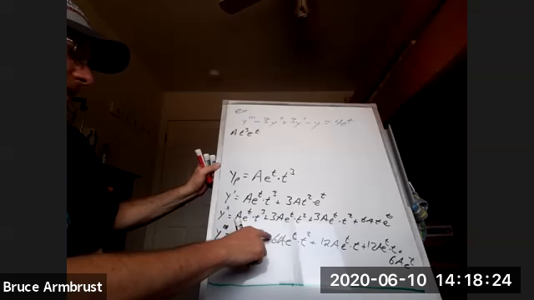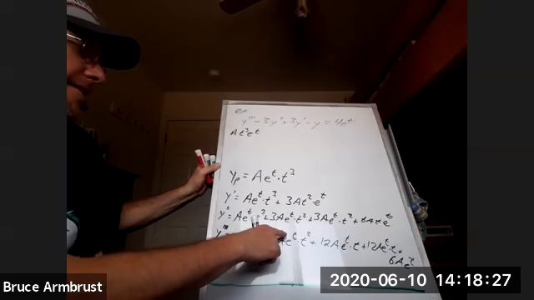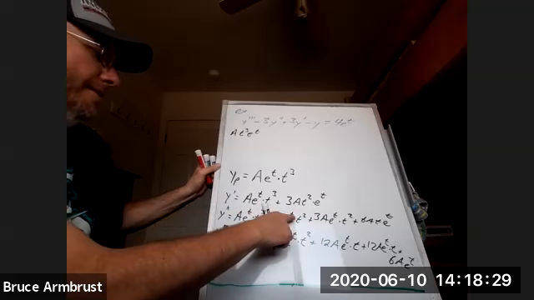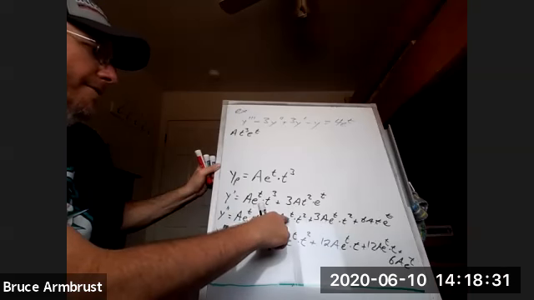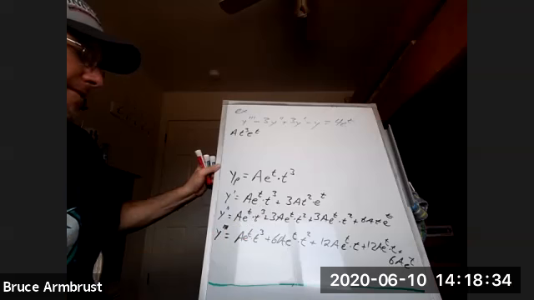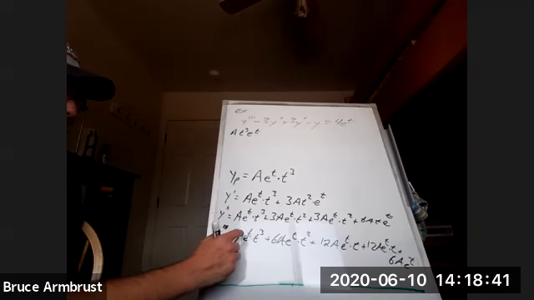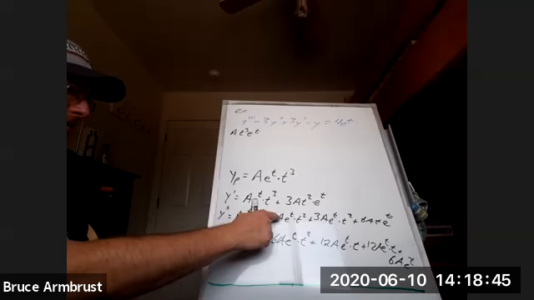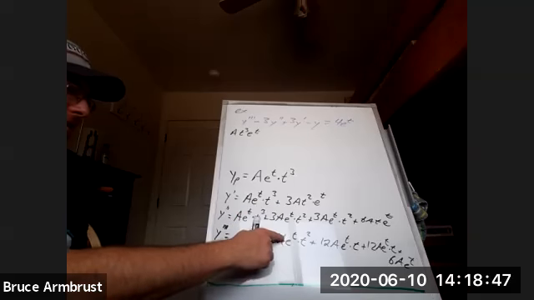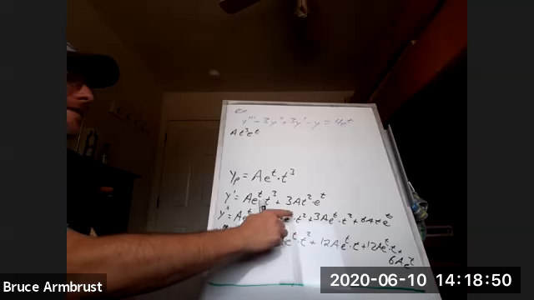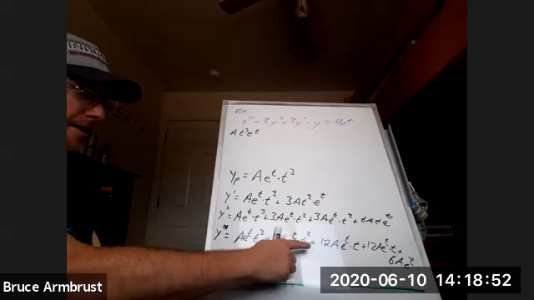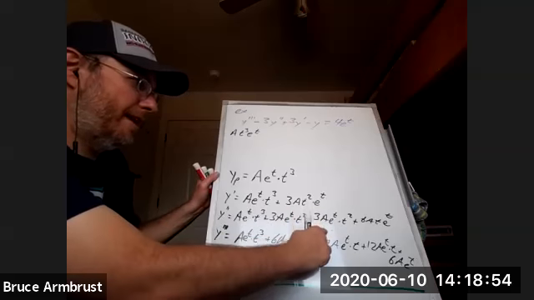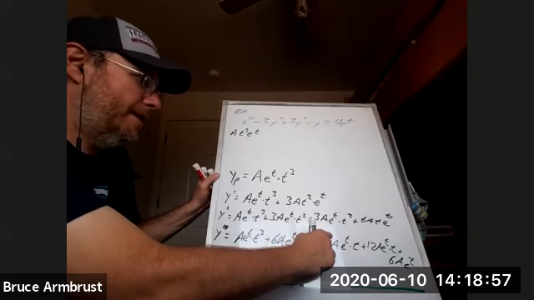So that was that 3 plus that 3. Okay, good. That was that 6. Hold on, let me back up. That plus 3a e to the 3t. Another 3a e to the t times t squared plus 6a. I got another 6a, but I needed a,